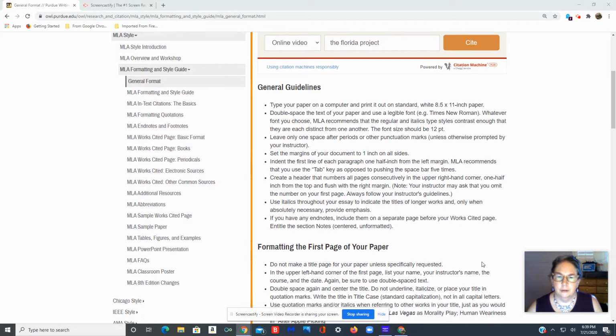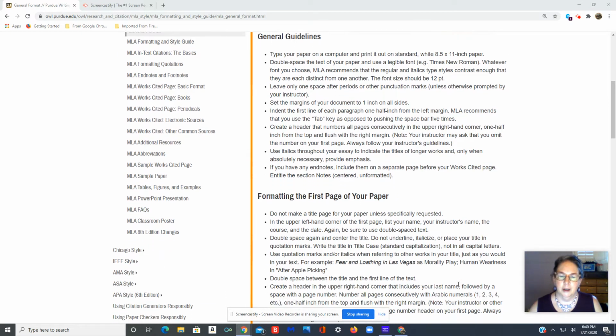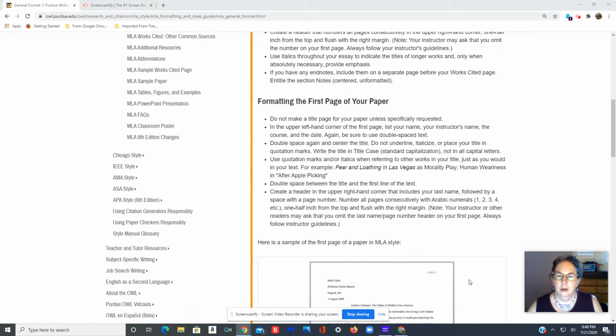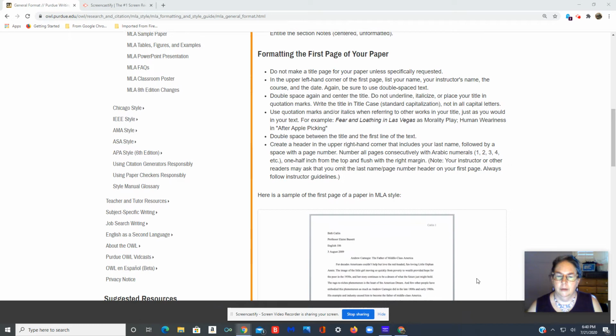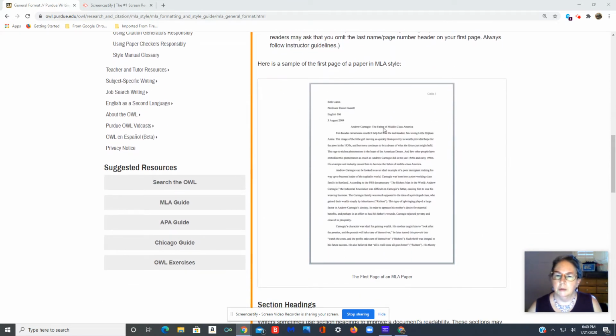All right, so this first gives format for what the paper should be like, with the double spacing and the right font size and the margins. And there is that first page of a paper in MLA style. Can I make it bigger? Oh, up here.